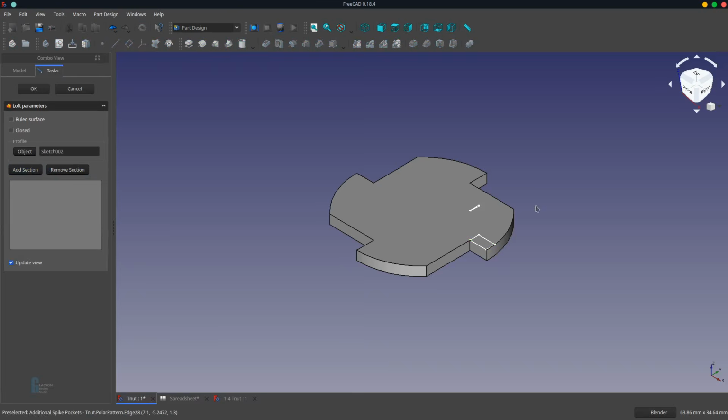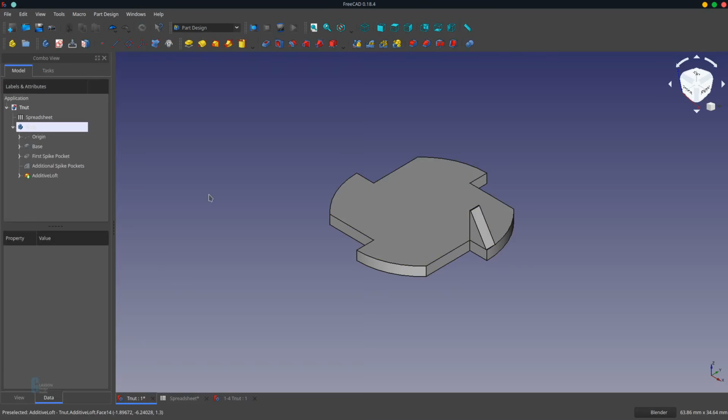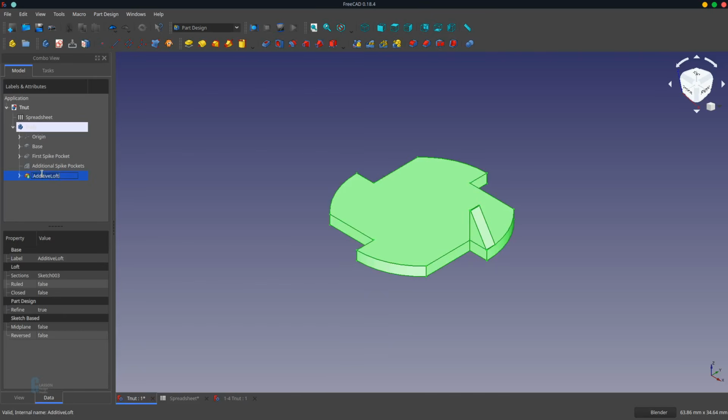We added that one, and yes, that's how I did it, right? And so that got me my spike. I don't use loft very often, which is why it caused me a few dramas there. So I renamed it to be spike,